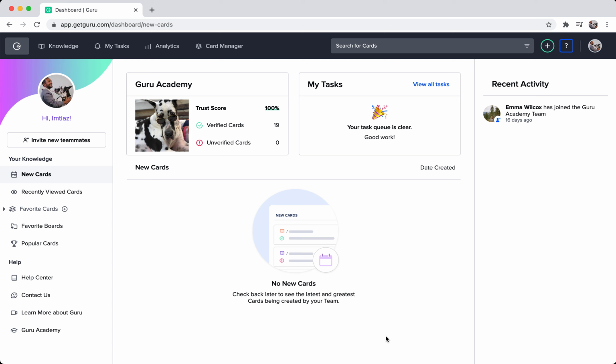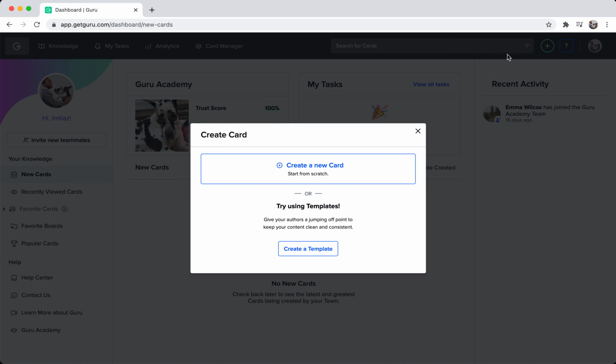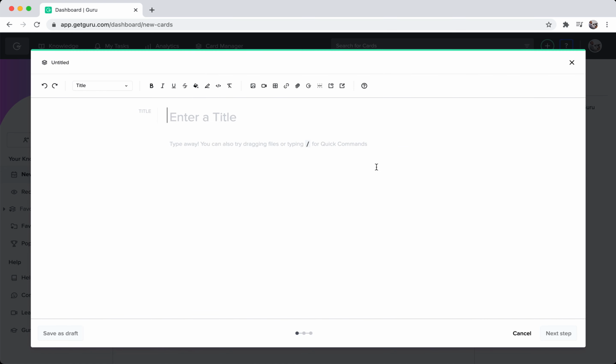So let's think about what kind of card we want to create. I'm really interested in internal communications and how people are communicating with each other. So I'm going to click the plus button at the top right corner of my screen. If I hover over this button, I see it says create new card. Then I'll be able to create a new card from scratch, and I'll be prompted with this card body and